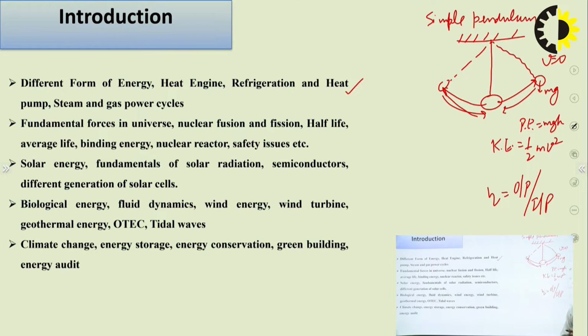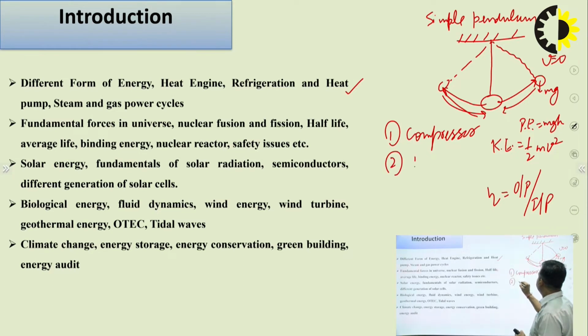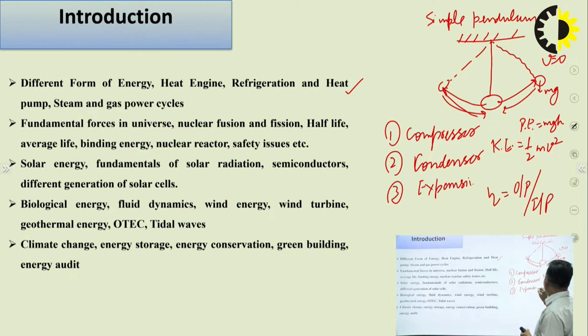So in refrigeration there are different components, like number 1 compressor, then we can say condenser, then expansion valve or throttling we can say, and finally evaporator. So these are the 4 components which make a complete cycle of this, and refrigerant is flowing in this, which